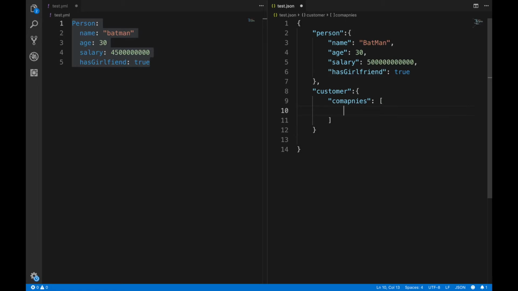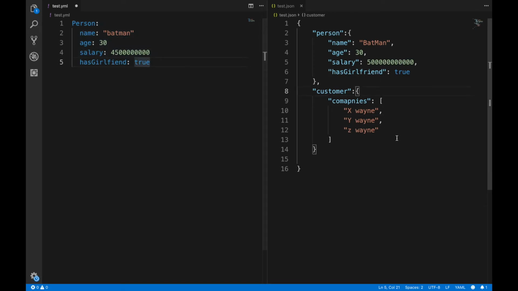We'll put enter here. Now we will add elements in this array. Let's suppose the company has X vein, Y vein and Z vein. Oh, forgot to mention the comma. Fine. So now this is the object which has an array.